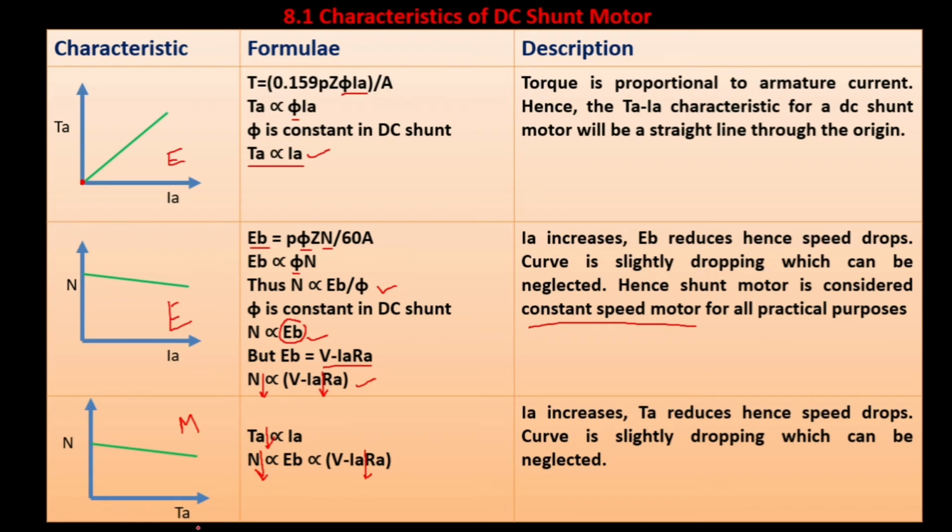Okay, just pay attention. If you are asked in the question that you please draw the characteristics, the electrical characteristics, you have to plot these two graphs and explain the characteristics. And if mechanical characteristics is asked, you have to explain the characteristics in between the speed and the armature torque. So this is how it works. Okay, so this is about the DC shunt motor, the characteristics of DC shunt motor.